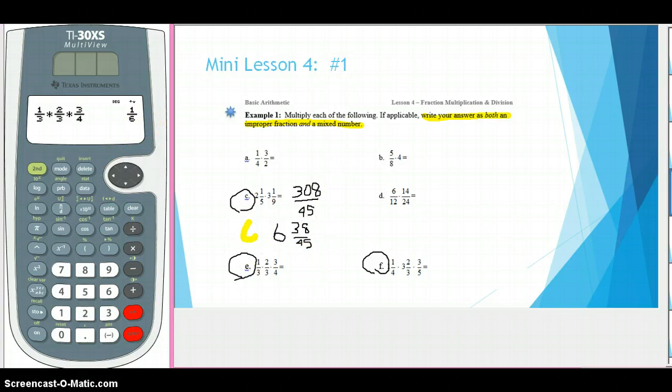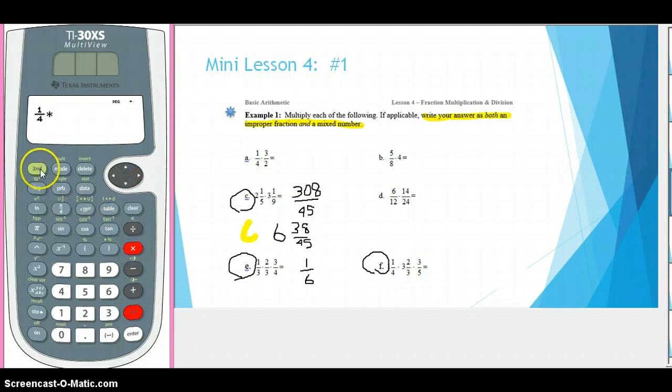So since that's a proper fraction, since 1 is less than 6, I don't need to rewrite it as a mixed number. Now the last one has both fractions and mixed numbers, but that's not a problem. We're just going to start with the first one as a fraction. Oop. It says I hit it, but I don't see it. 1/4